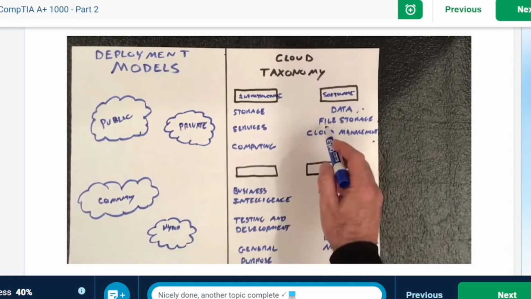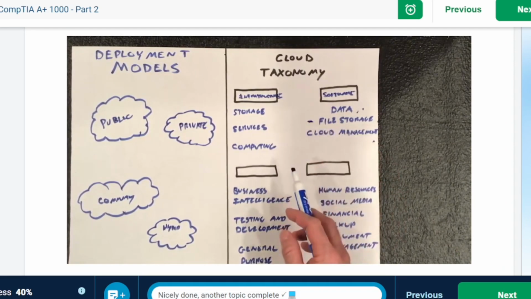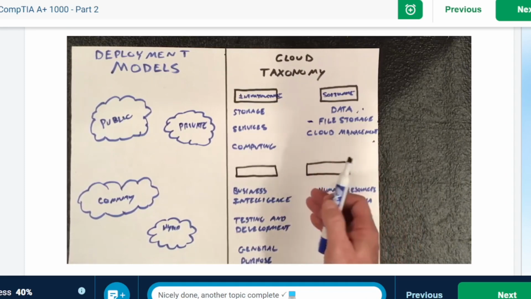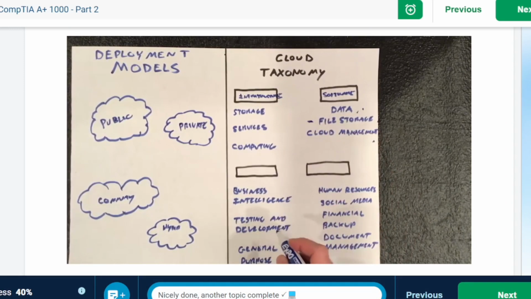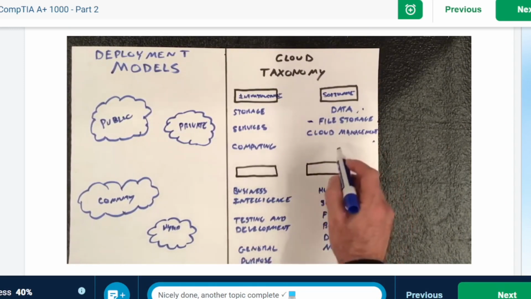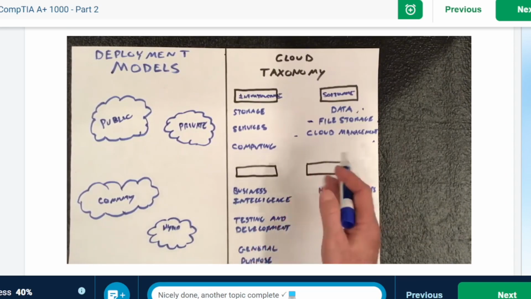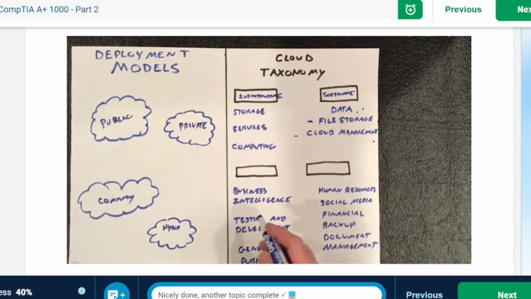Then you've got the file storage, and file storage is really important because everyone that works on the cloud needs a large-scale place that they can store things. So there are companies that work just specifically with software on file storage. Then you've got your cloud management, and cloud management really provides all the operational components of what you need to have a cloud set up, and things like that would be like Eucalyptus or Appistry or companies like that that provide all of the infrastructure you need, like VPN and things like that, to put a software network together.